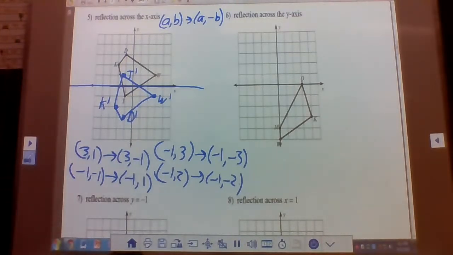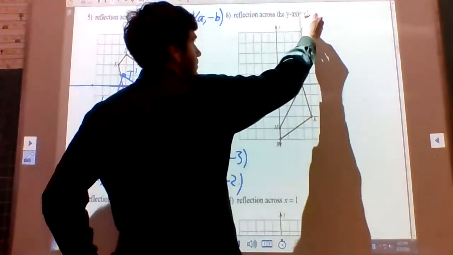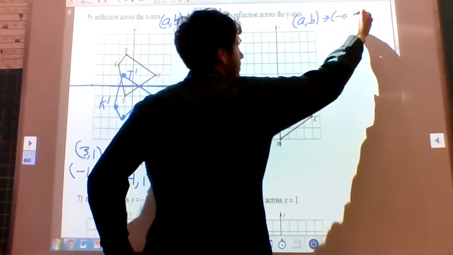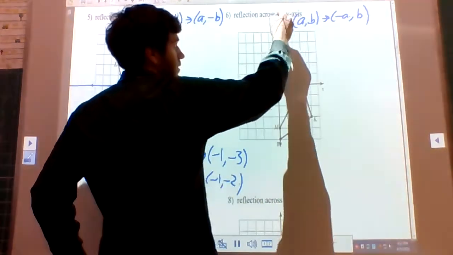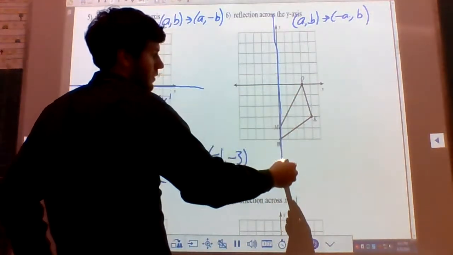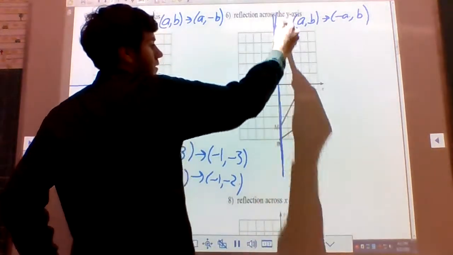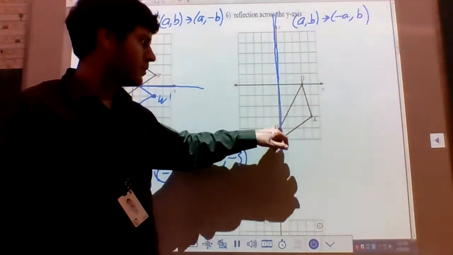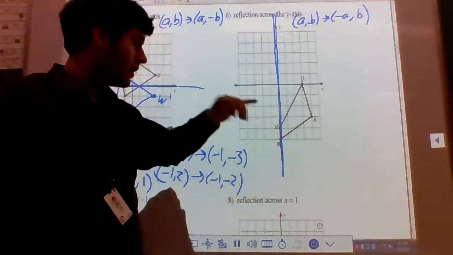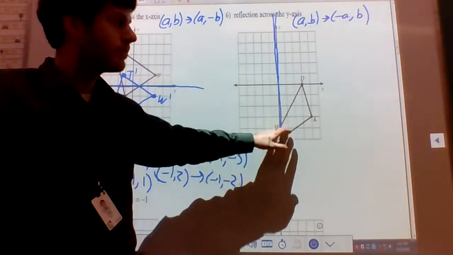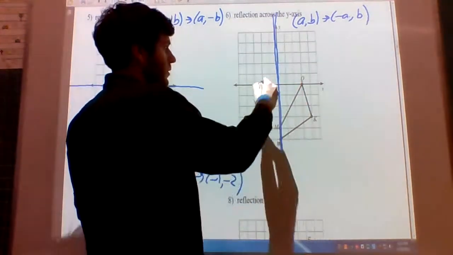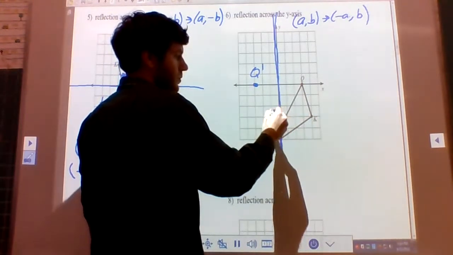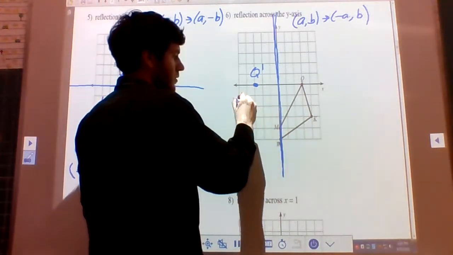Here we're going to reflect across the y-axis. So our formula is (a, b) goes to (negative a, b). Here's the y-axis that we're reflecting over. Okay. We notice that M and W are on the line, so M and W aren't going to change positions. M prime and W prime are going to stay the same. We notice Q is 3 to the right, so we want to put Q prime 3 to the left. We notice K is 4 to the right, so we want to put K prime 4 to the left, and then we can actually draw in